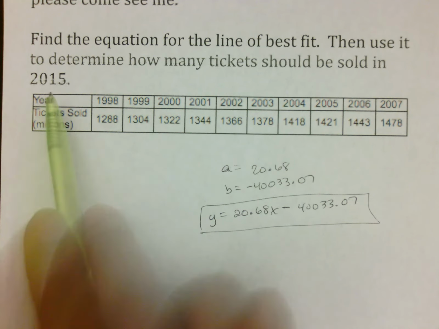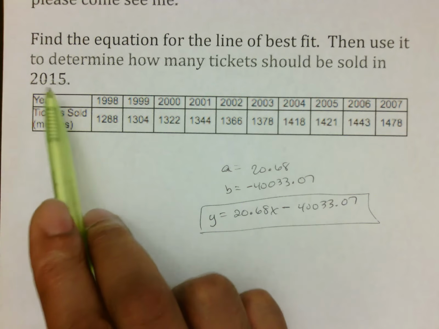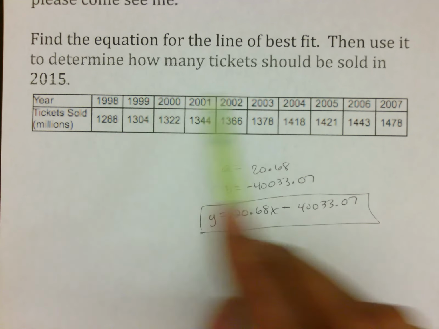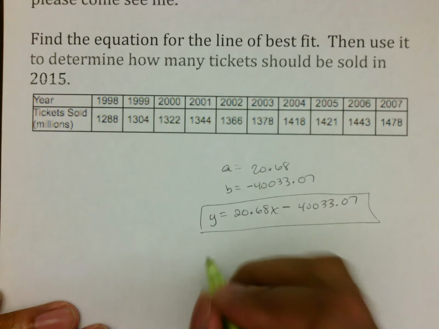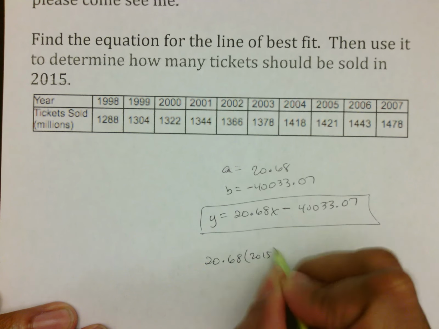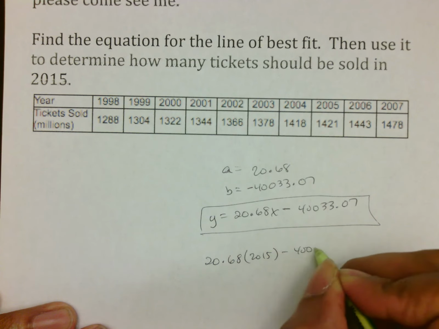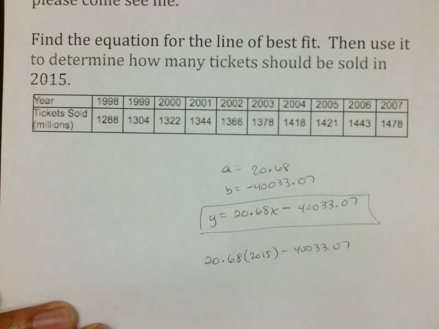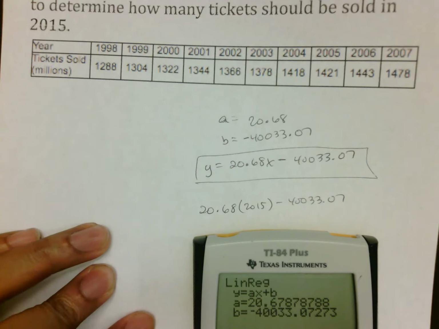Remember, we don't really know what's going to be sold in 2015, but that is your year. Keep in mind your year represented x, so all we have to do now is plug in x. So 20.68 times 2015 minus all this stuff here, and that will tell us our answer. So carefully typing that in,